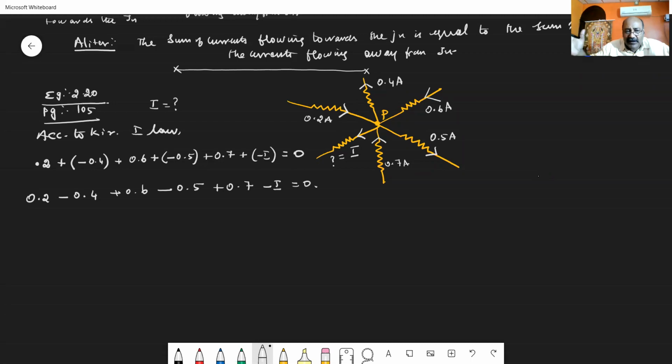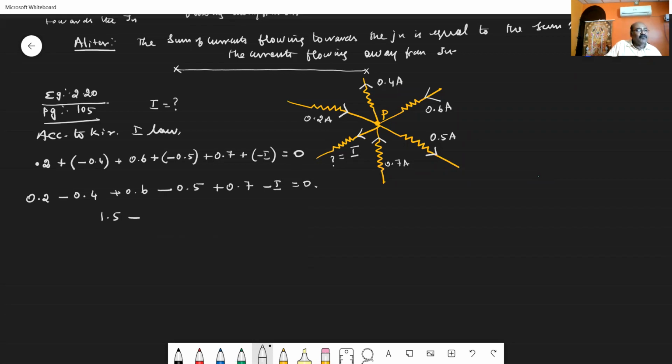So I am adding all the positive quantities and I am adding all the negative quantities and then I am subtracting. You see 0.2, 0.6, so 0.8. Then here I am getting it as 0.7. So 0.8, 0.6, then 0.7, it is 1.5 minus, see 0.6 and 0.4, isn't it?